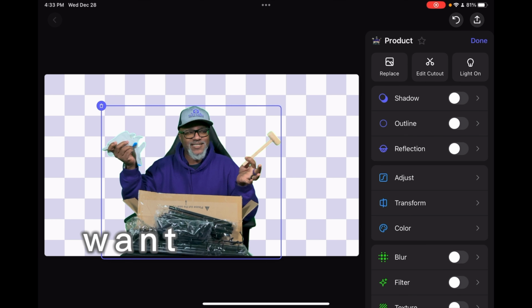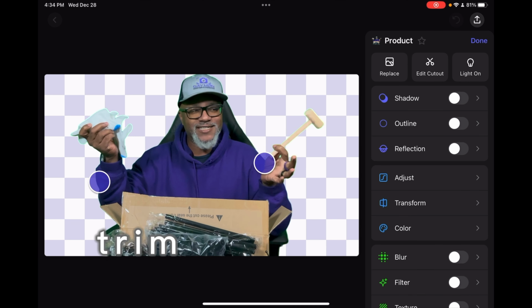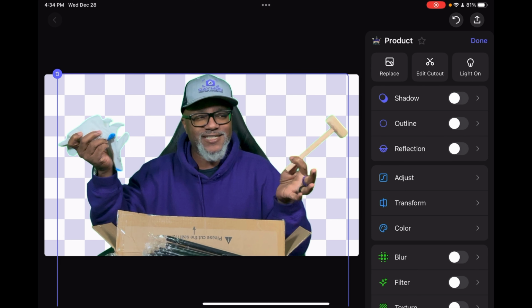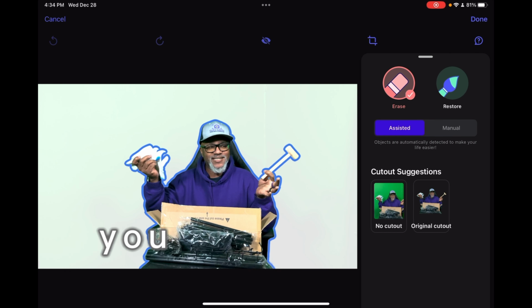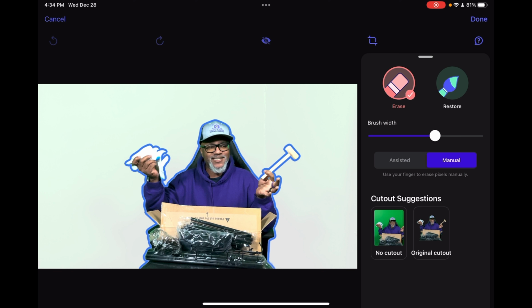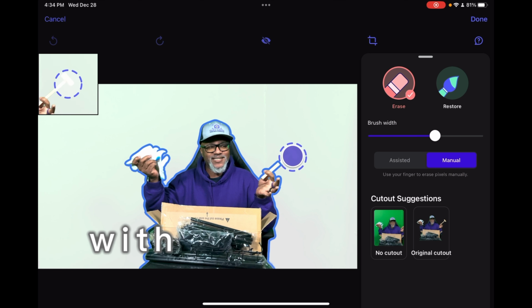Now, if you want to trim it a little bit more or do different things, over on the right-hand side, you have Edit Cutout, with the scissors. You hit Edit Cutout. You have two options: to erase or restore, and then you have Assisted or Manual. Manual is when you paint it out with a paintbrush.